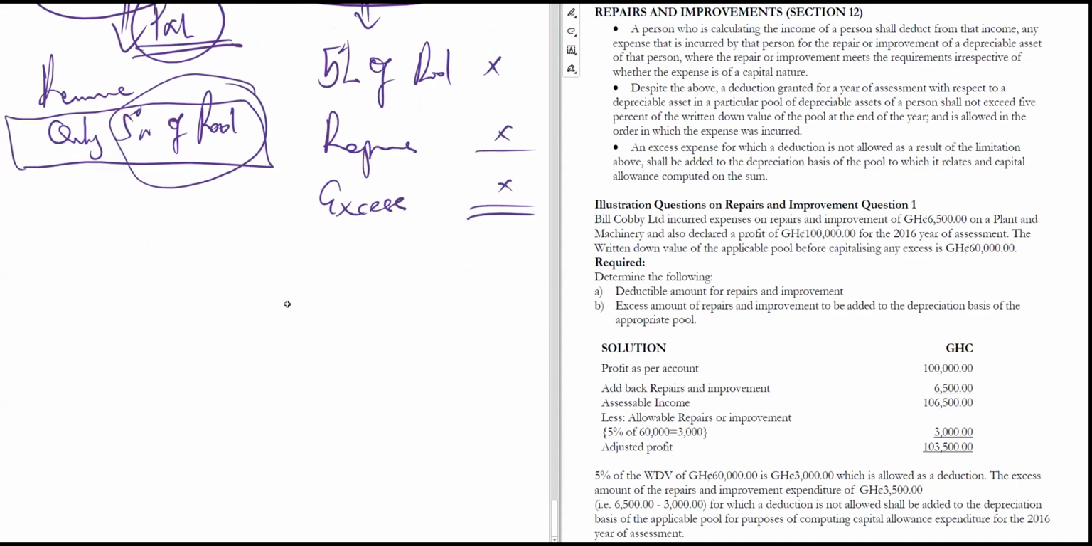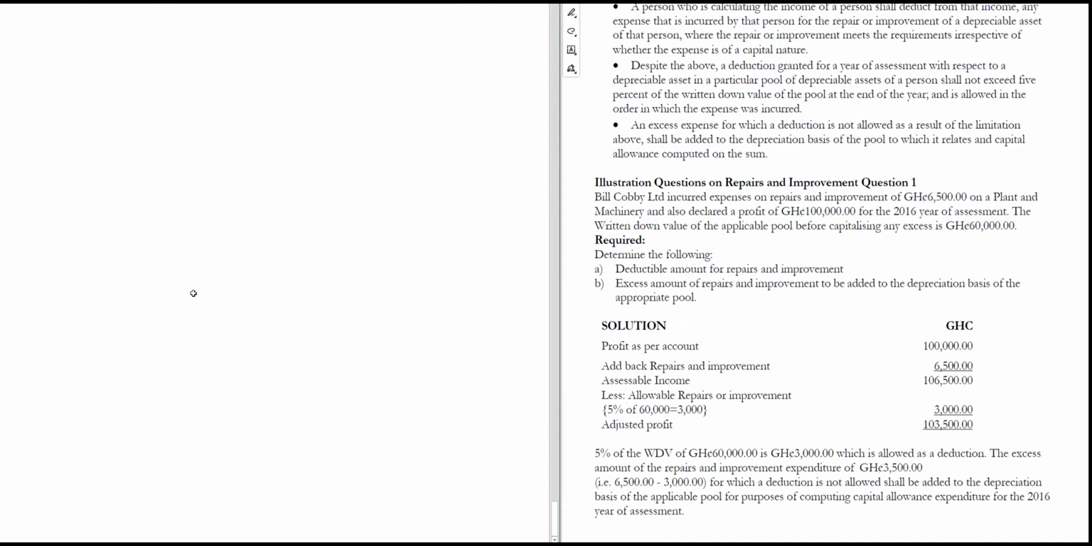Yes, please. So let's take a question, right? This one is a simple question. Bill Cobby Limited incurred expenses on repairs and improvement of 6.5 on a plant and machinery and also declared a profit of 100,000 for the 2016 year of assessment, okay? For the